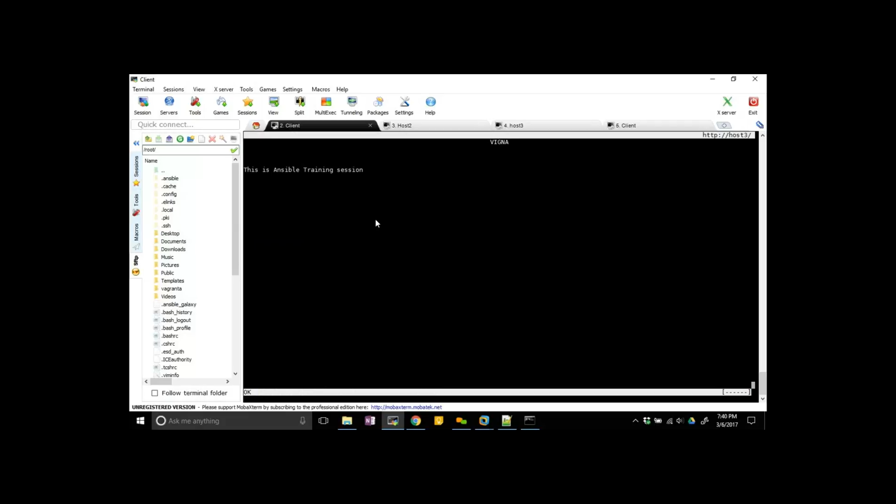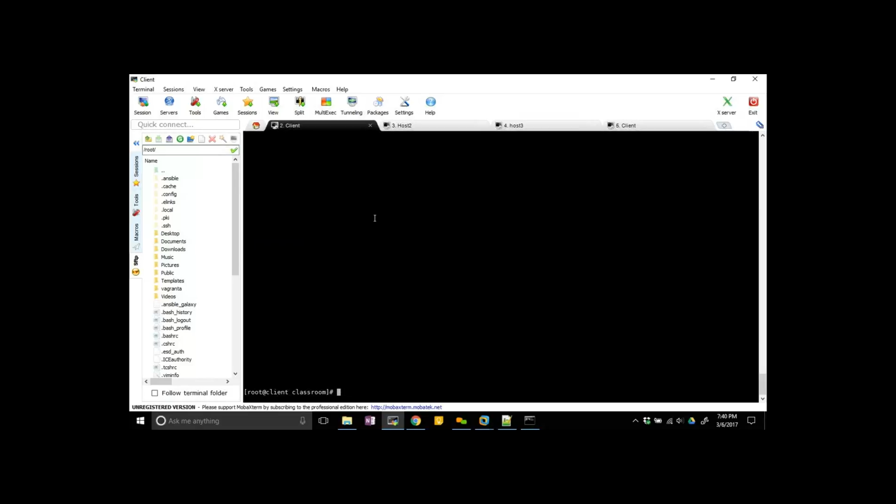Because this is a command mode browser, it will not display other things. So you see here Vigna, and this is Ansible training session. So this is the way to automate your web server. And if you are in the maintenance time, and if we are making some changes on your web server, then we use